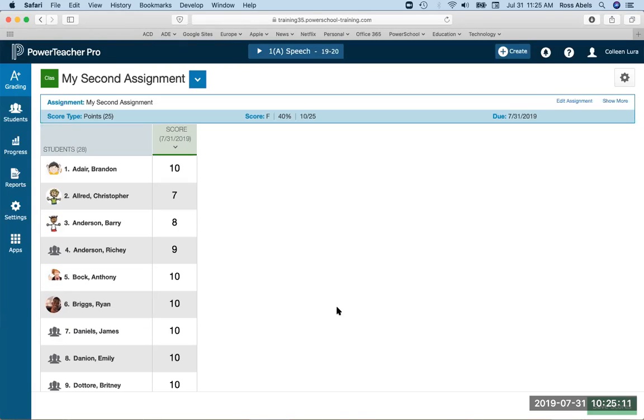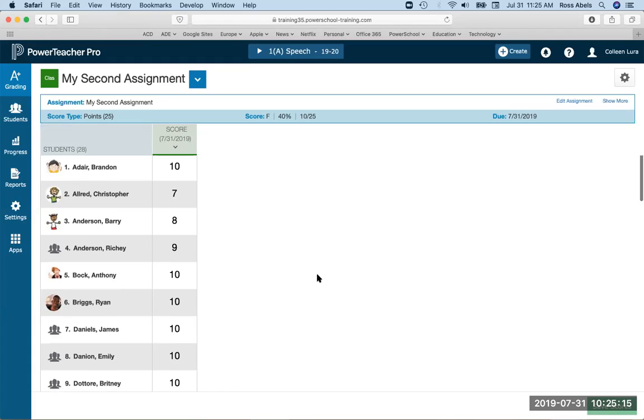So if you want to work offline, you can do it in that manner. Export the template and add the scores, and then when you have access to PowerTeacher Pro, you can enter the scores, import the scores. So we've done categories, comments, final grade status, final grade calculations, export, import, copy assignments,